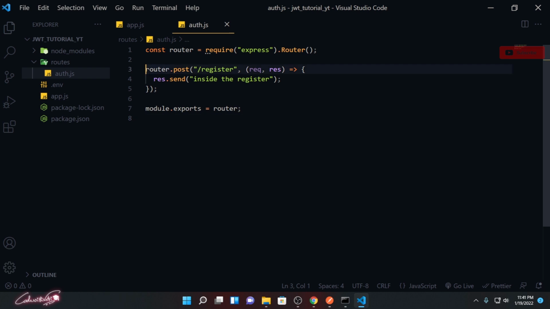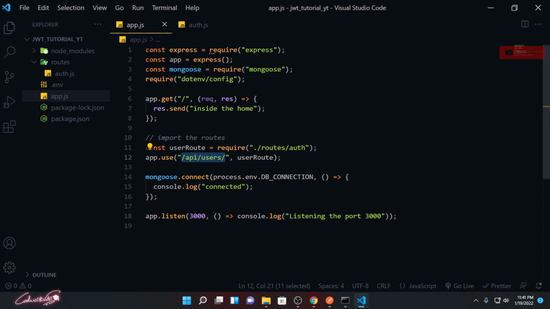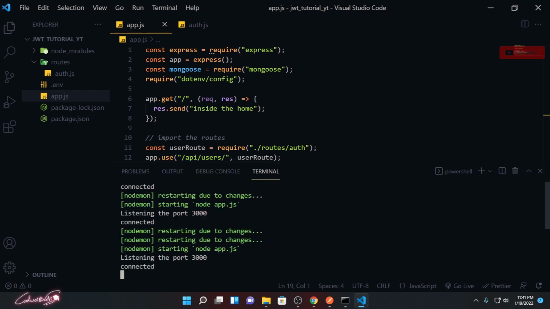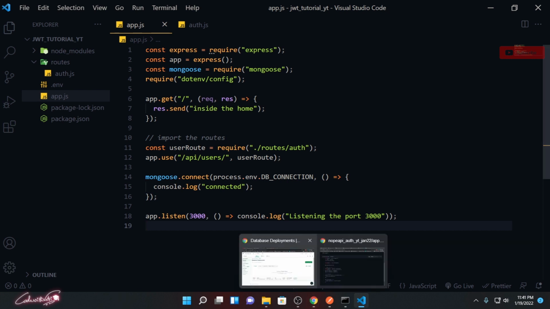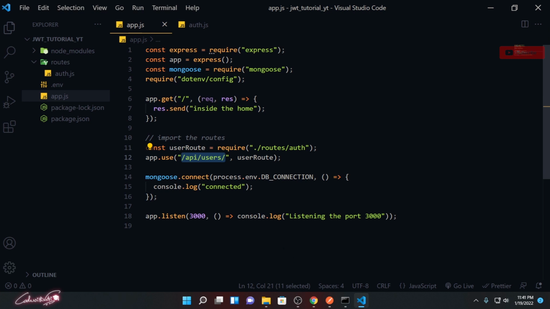From there, this router will handle all the requests that come through that URL. Okay, so now let me check whether it is up and running. Everything is up and running, and let me go to my browser and I'll copy this.